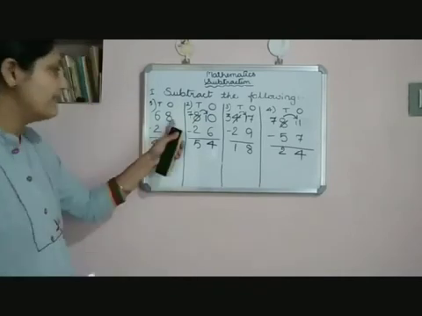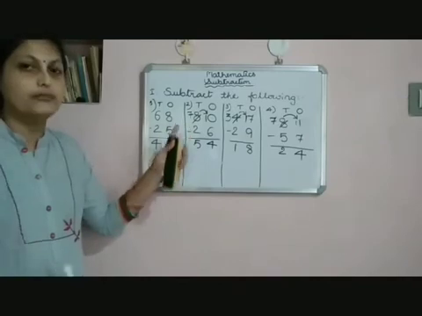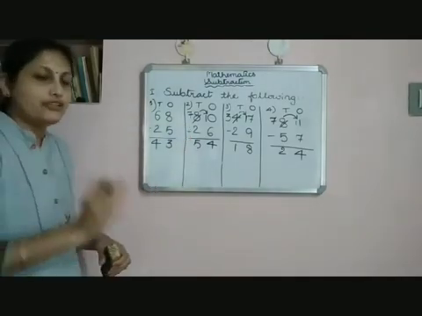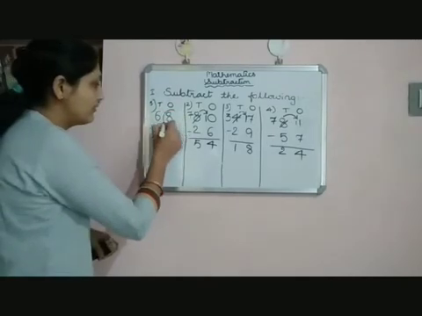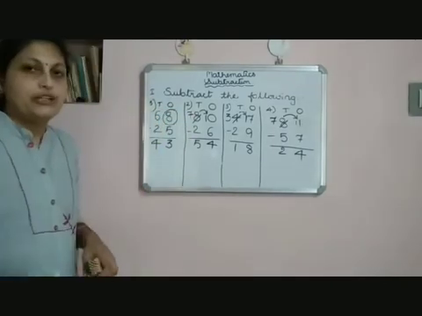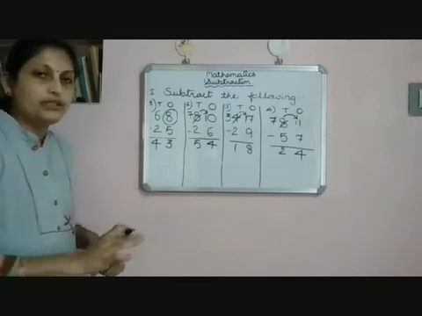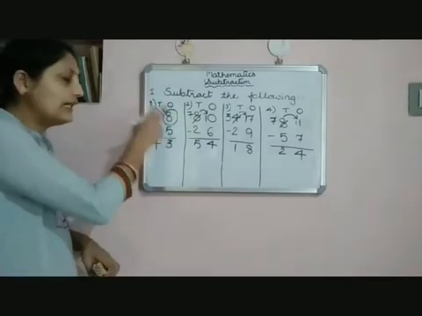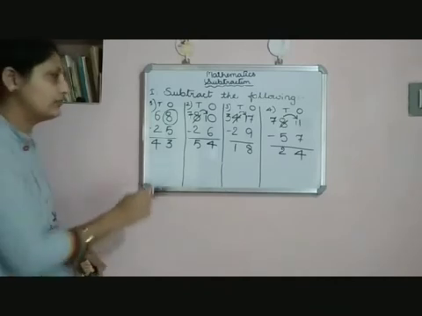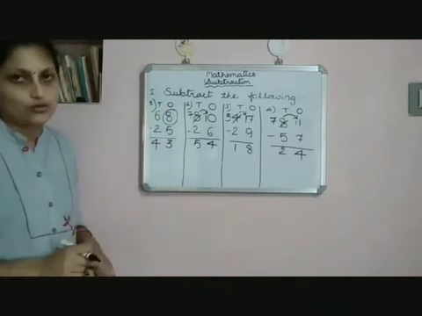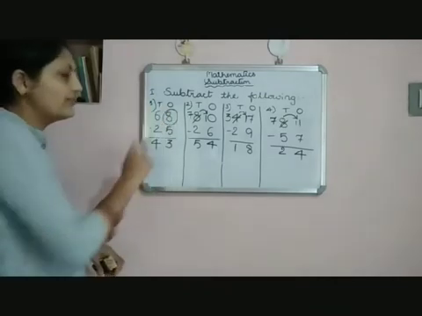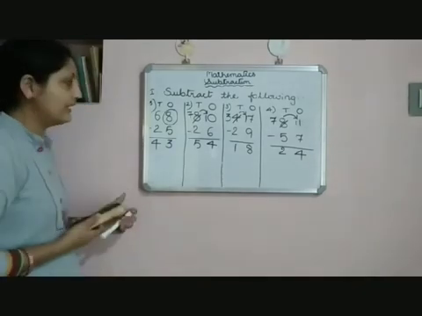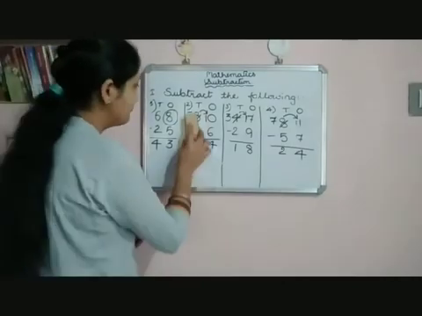But if you are having a smaller digit in the ones column, then you have to take borrow. So while subtracting, first you should look at the ones digit of the first number. If it is greater than the second number, then directly subtract. If it is smaller than the second number, then you have to take borrow from the tens column. So this is how you have to subtract the 2-digit numbers. So next let us see the sixth sum.